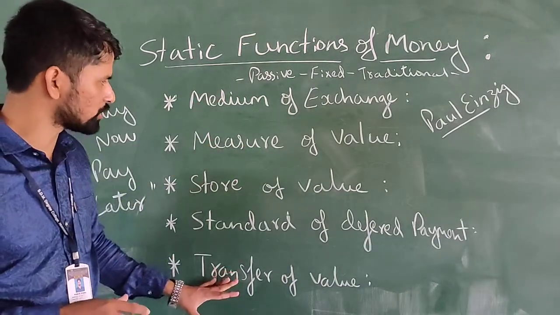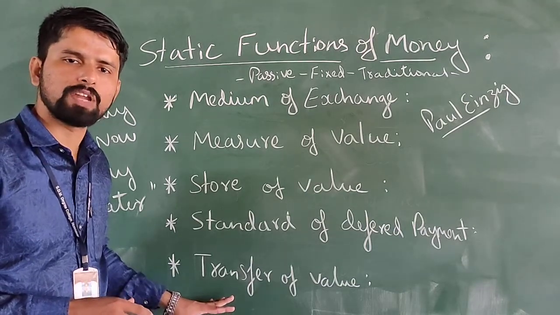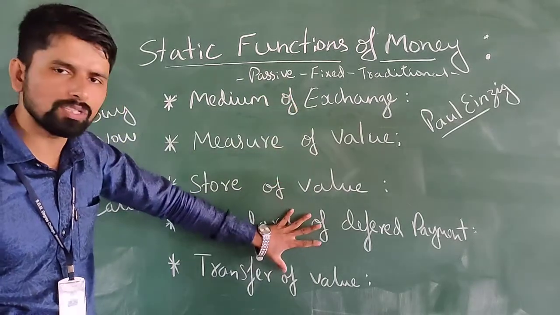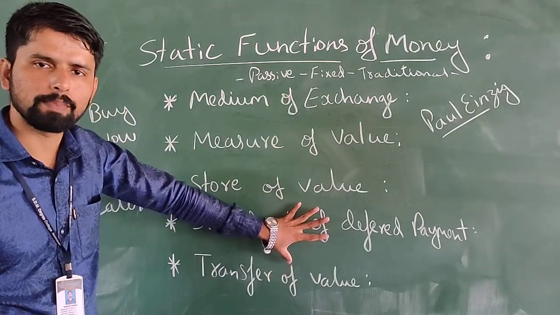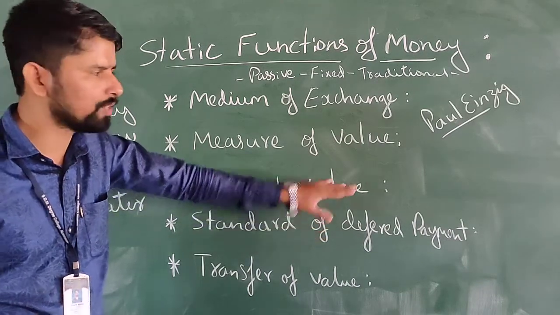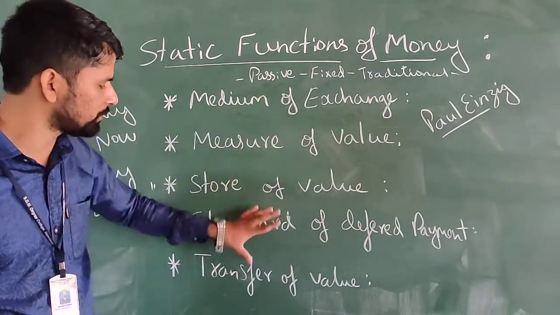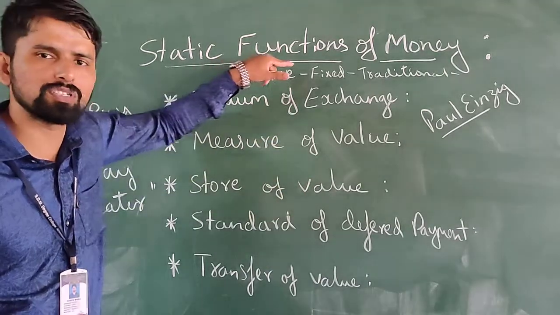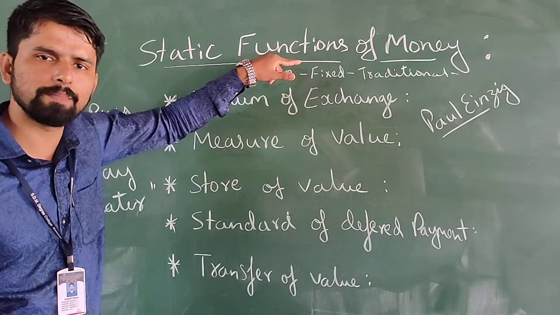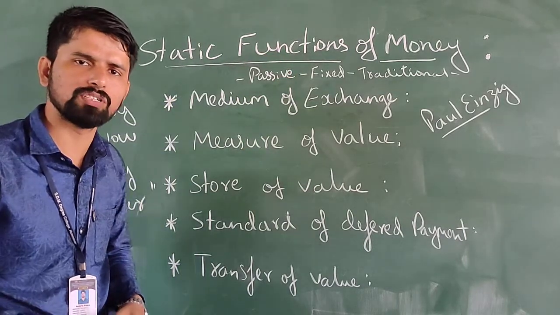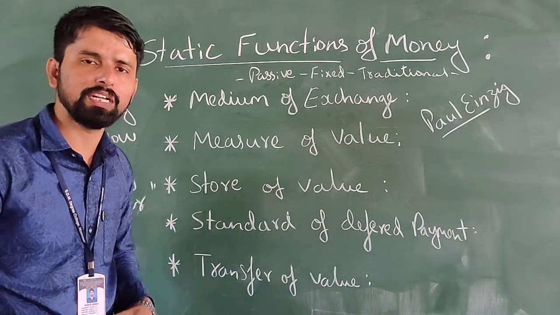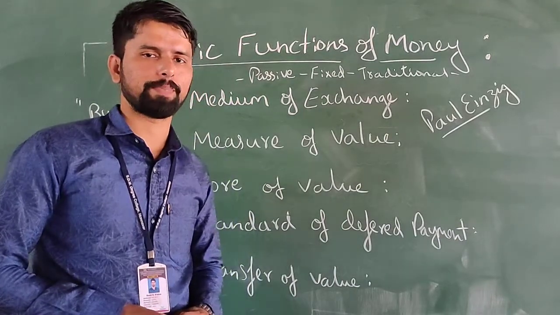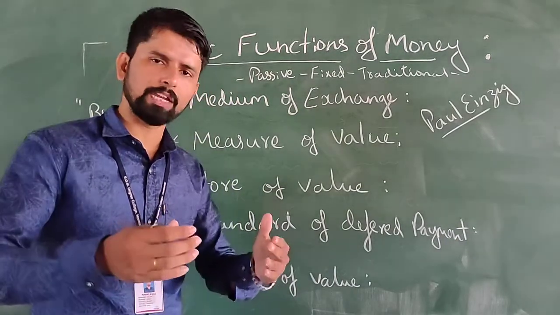So these five functions are the static functions of the money. These are the primary, and these three are the secondary functions of the money. But for the depth knowledge, Polanyi clubbed these five functions as the static functions of the money, we explain the real use, real evaluation of money, because in modern time,